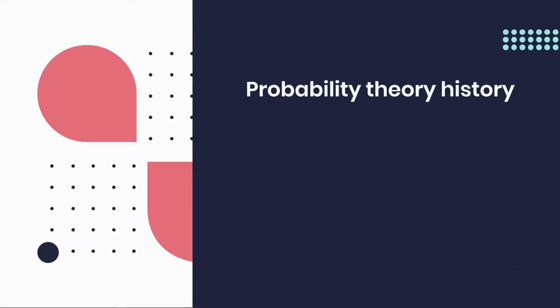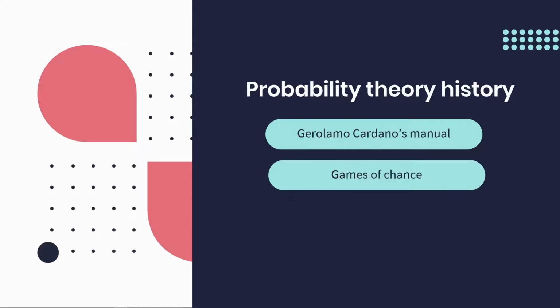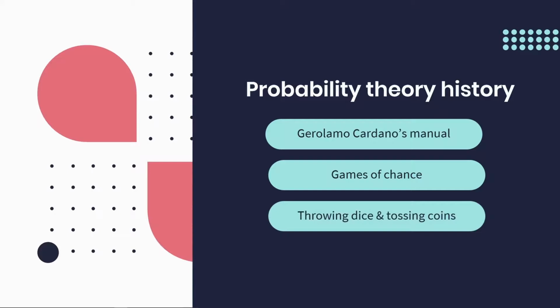Although the concept of probability theory might have originated much earlier on, it is said that the idea came about with a game of chance, when the famous Girolamo Cardano, physician, mathematician, and gambler, wrote a short manual in the 15th century called Games of Chance. He introduced the idea of what we know as probability theory today. Cardano's ideas were elaborated on during the 16th and 17th century through games of chance, like throwing dice and tossing coins.